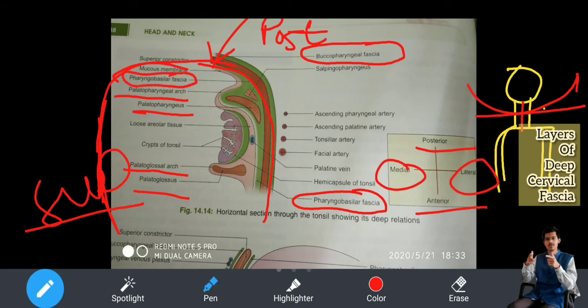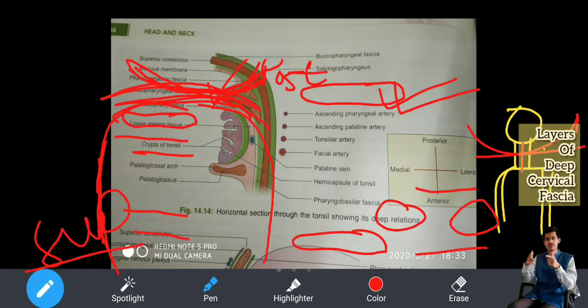Okay, so it is present. I hope you understand. Now here then you have the prevertebral fascia. Just now we saw the layers one by one, and in that anterior most was buccopharyngeal fascia. Here in this it is the posterior most. Understood? In this it is posterior most. The other diagram which we saw, it was the anterior most. I hope I am able to make you imagine. Did you get it? Yes.